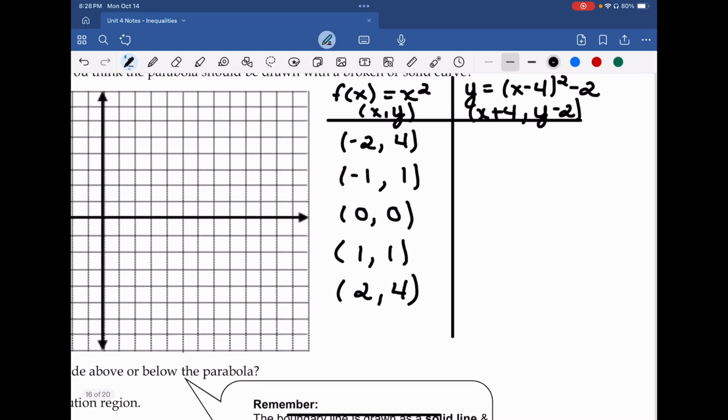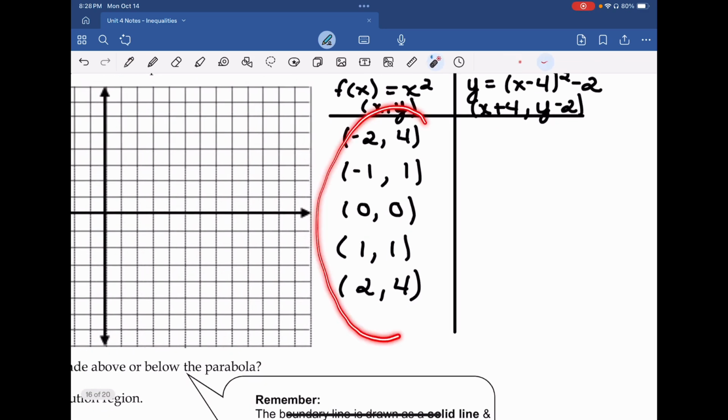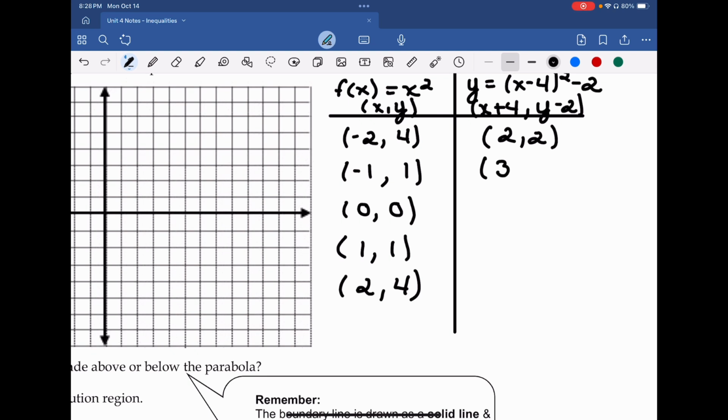Now, algebraically, if we plug each of the original points, which are these, in for the x's and y's on the right-hand side of the column, here's what the points become. For the first one, we were going to get 2 and 2. For -1 and 1, this will transform to 3 and -1. For the next point here, we're going to get 4 and -2, which is obvious because that's our p and